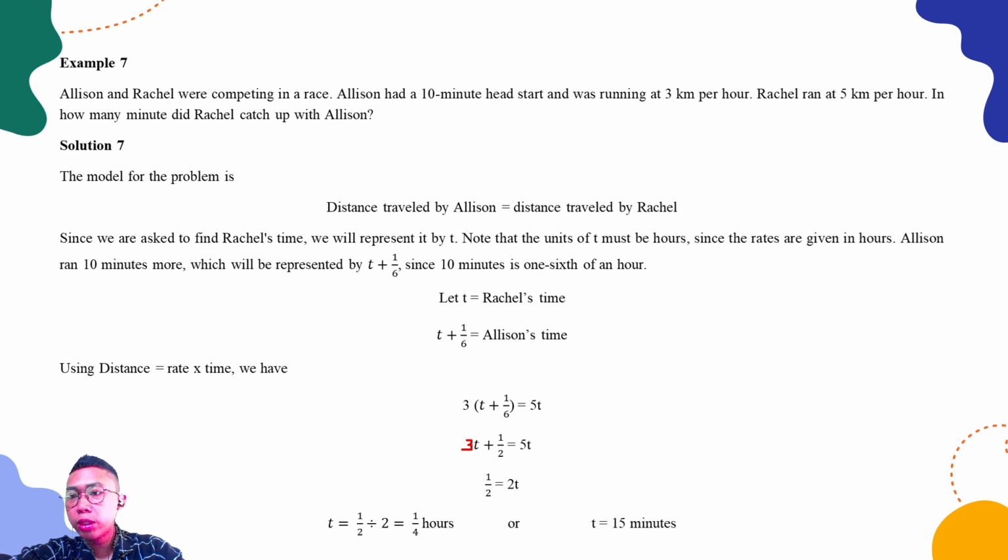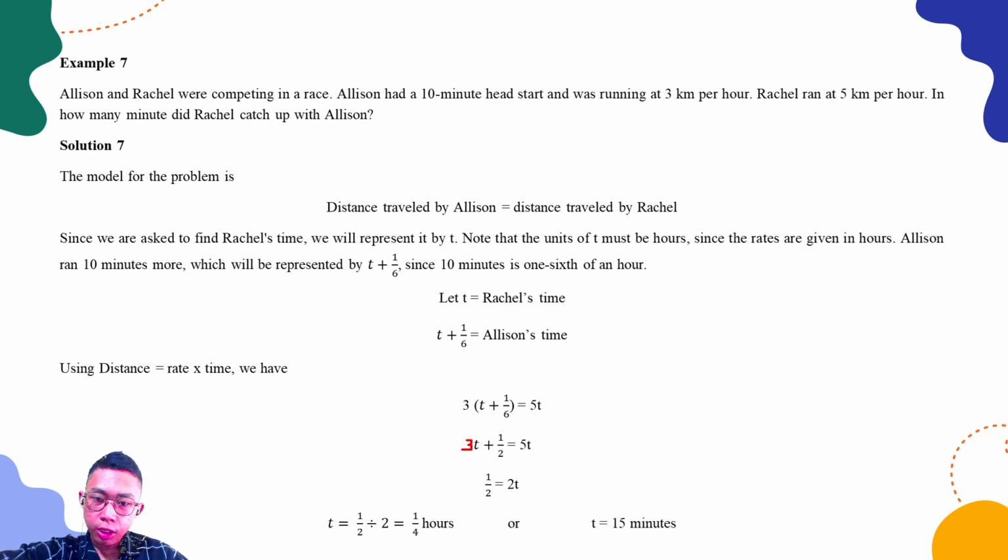Alison ran 10 minutes more, which we represent by t + 1/6, since 10 minutes is 1/6 of an hour. Let t be Rahel's time, so t + 1/6 is Alison's time. Using distance equals rate times time, we have 3